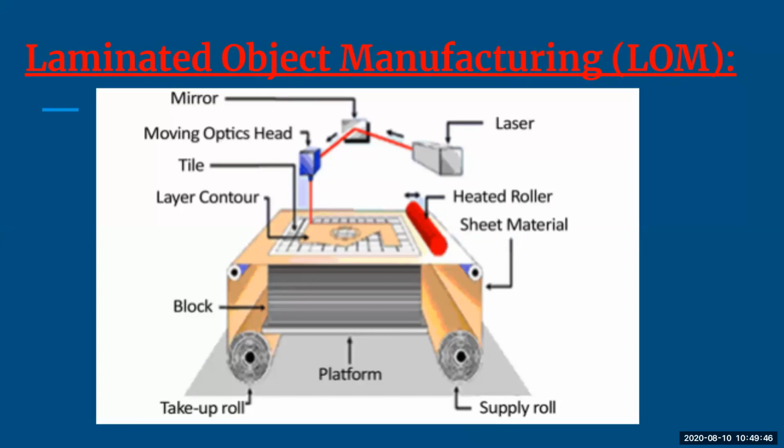So basically it uses traditional paper or printing as a part of the process, and in each step, whenever it is developing the model, all the individual sheets which you are inserting into the sheet material can be printed and laminated at each step. So that is your laminated object manufacturing. The material used here is plastic or paper. Remember that, and this plastic or paper is laminated.